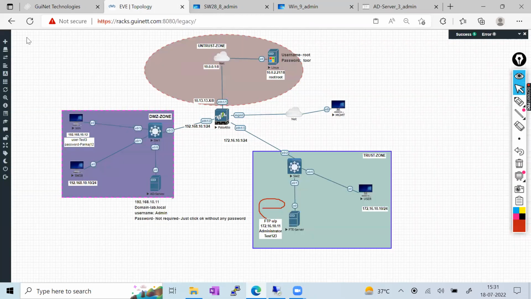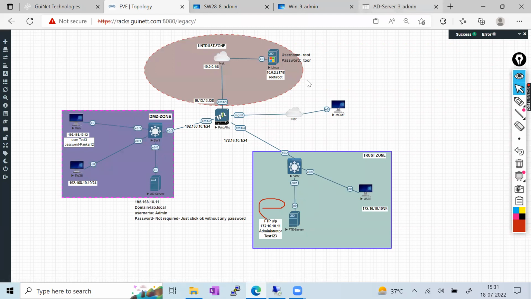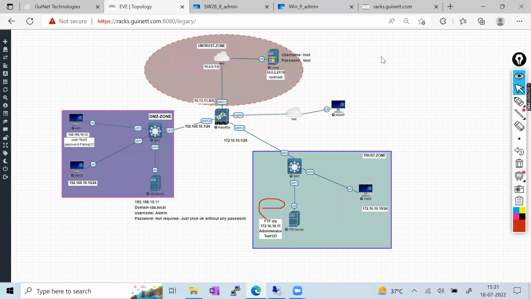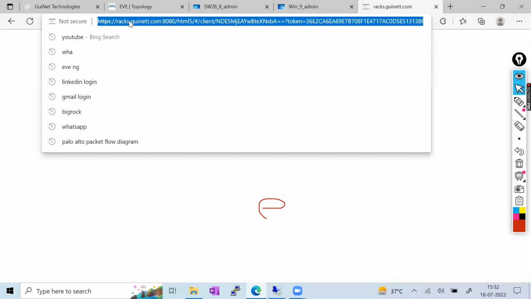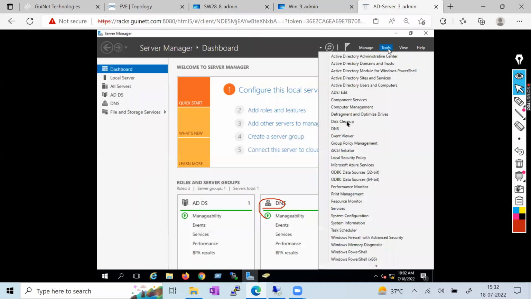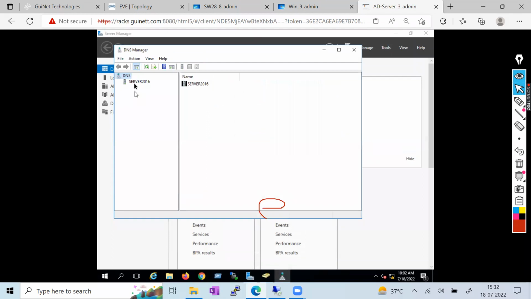I'll go to the tools. So let me see why I'm losing the connection. So this is my server, you can see, and I'll go into the tools and click on DNS. If I click on DNS, you can see this is my server on which I want to enable